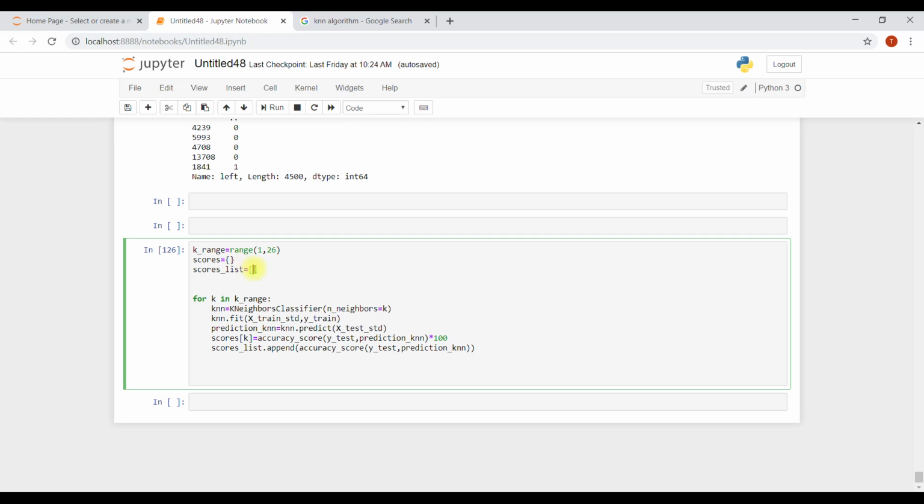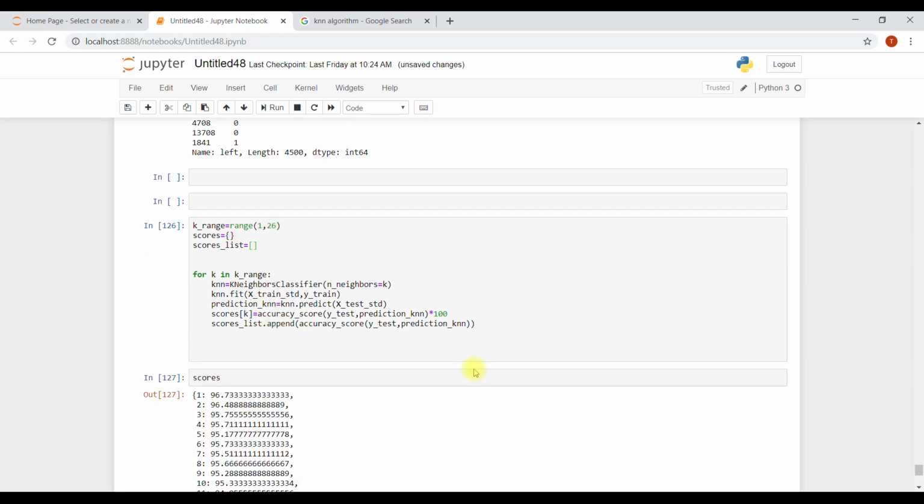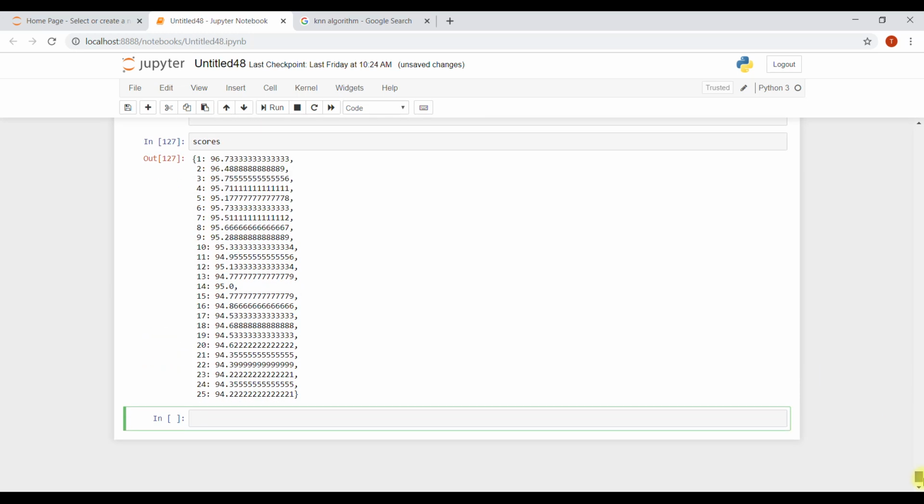Means accuracy score 1, accuracy score 2, comma accuracy score 3. So it will do it just like that from 1 to 25. Now let's see this dictionary scores. See, for k equals to 1, the score is 96%,